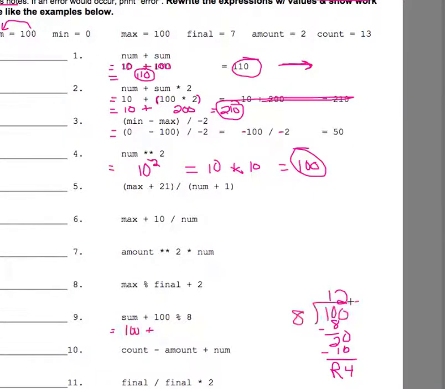We stop right before we get to that decimal place, and we stop when, again, we learned that you have a remainder. So this right here simplifies to the number 4. And the next step, of course, 100 plus 4, 104. So there's a final answer to number 9,